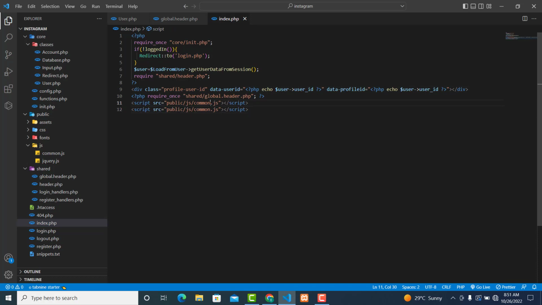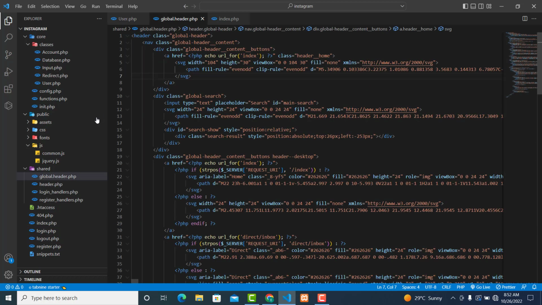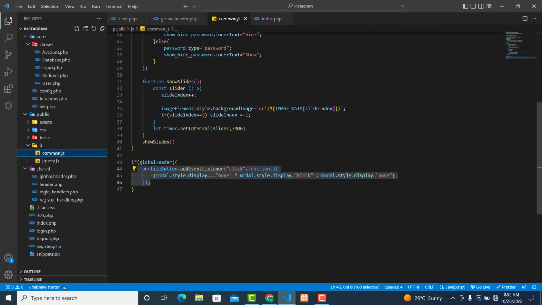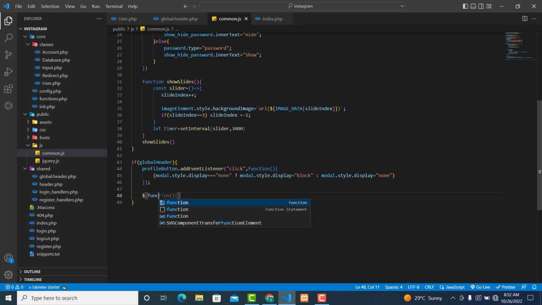So this one will be jQuery. jQuery is supposed to be above the common.js. Inside the common.js, over here, first we'll check and see whether the document is ready. So this one, dollar in our function, which is this one. So if the document is ready, we'll get